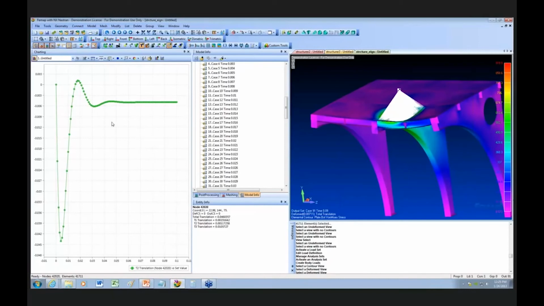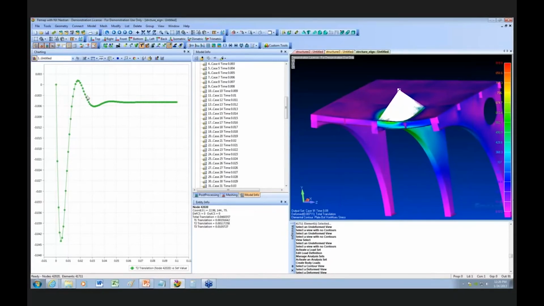So this is a transient solution. It is not a nonlinear. A nonlinear solution might be better, and I'm going to say might. And what a nonlinear would do is